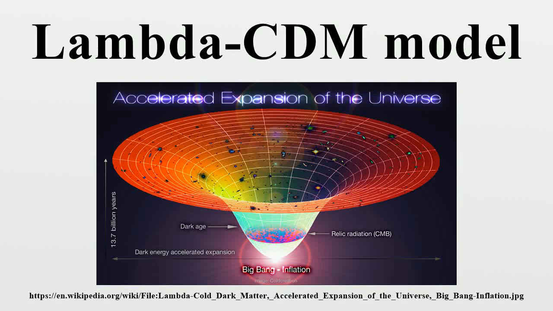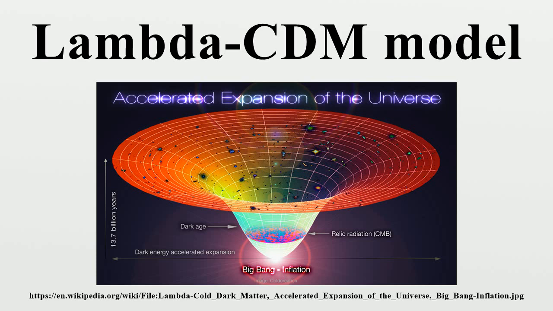The Lambda CDM model is a parametrization of the Big Bang cosmological model in which the universe contains a cosmological constant, denoted by lambda, associated with dark energy, and cold dark matter. It is frequently referred to as the standard model of Big Bang cosmology, because it is the simplest model that